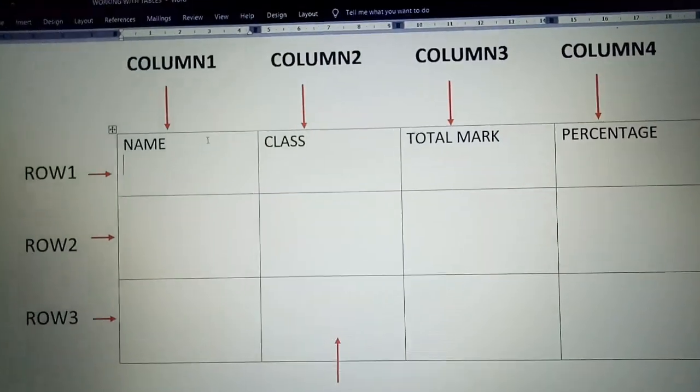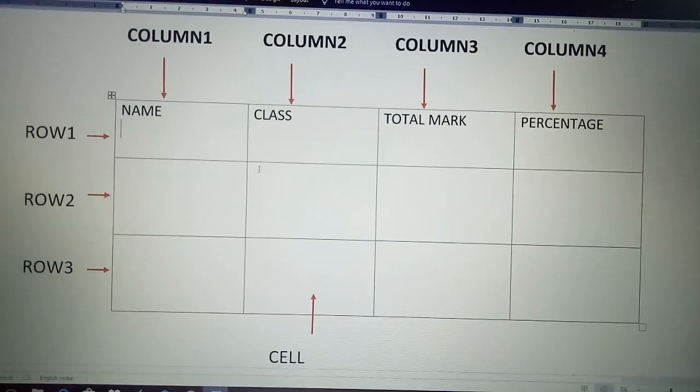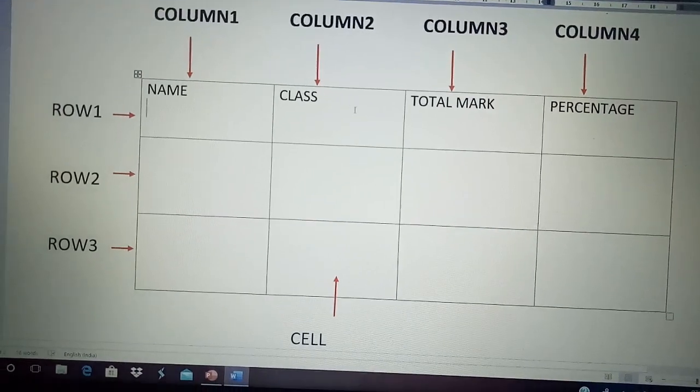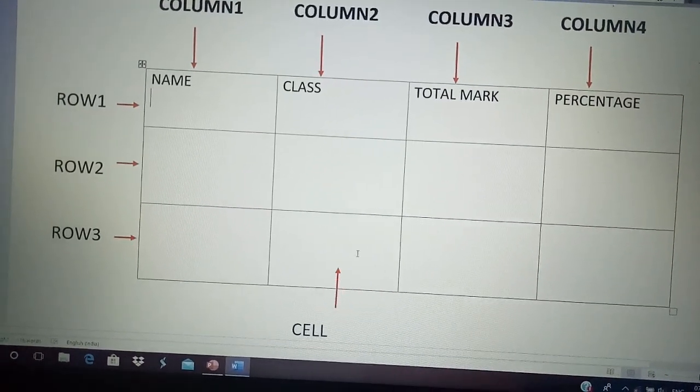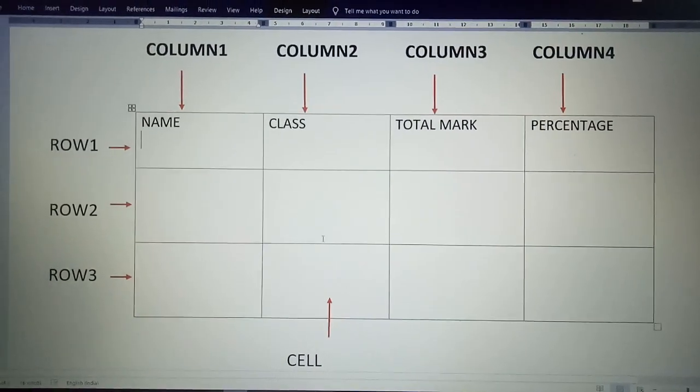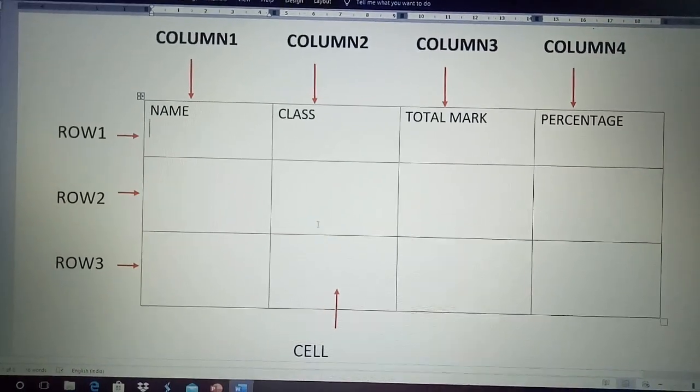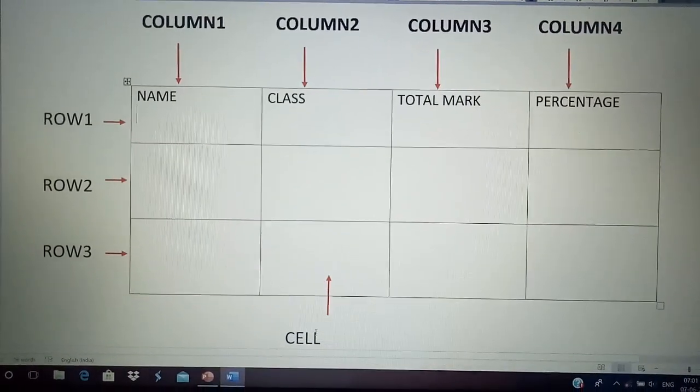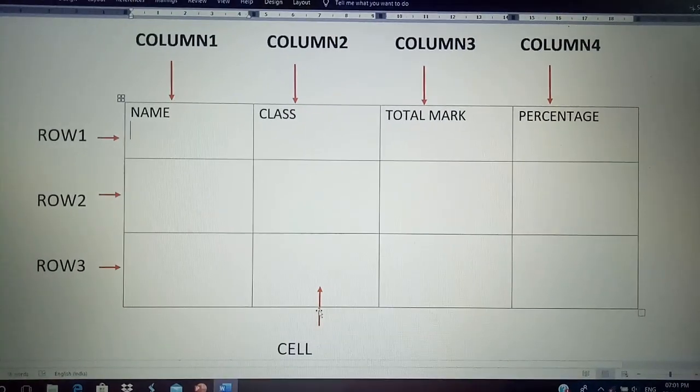As these column lines intersect the row lines, these rectangular boxes are formed. Just follow my mouse pointer. These are the rectangular boxes that are formed, and each of these rectangular boxes is called a cell.